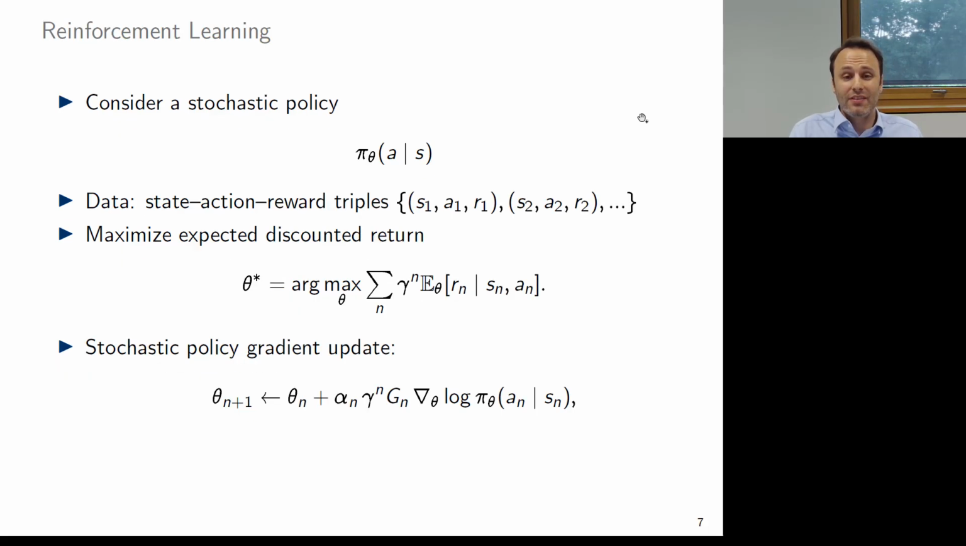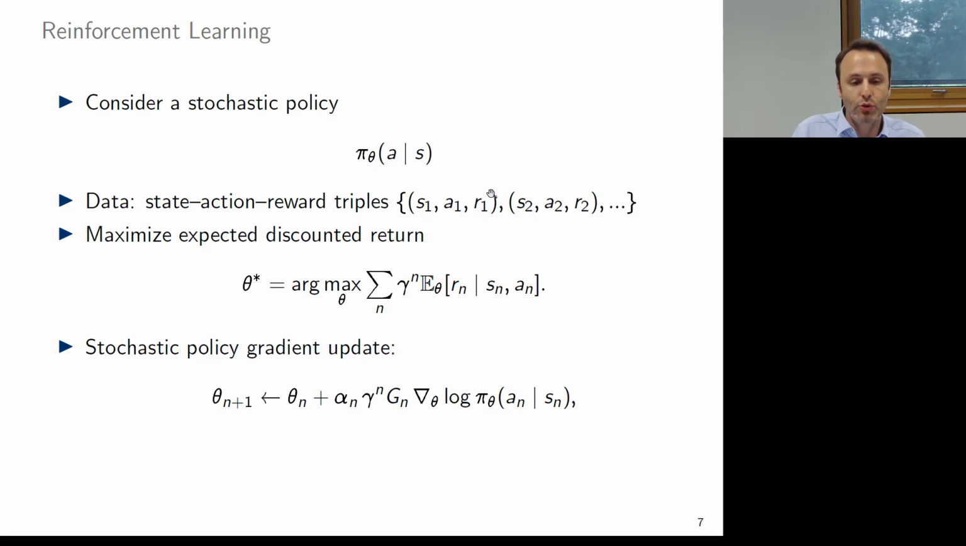Now, this is supervised learning because we know already which is the best action. In reinforcement learning, this is different. Here we don't know which action is the best in a given state, but what we have is a weak signal of how well this action performed. So we have state action reward triples and a set of them. So we have a sample of state action reward